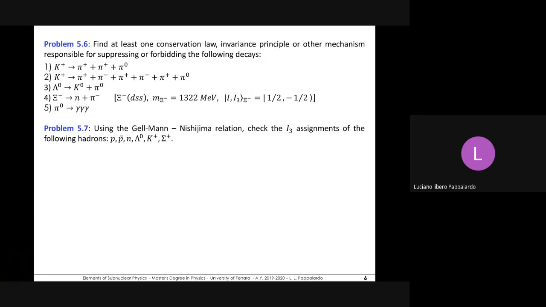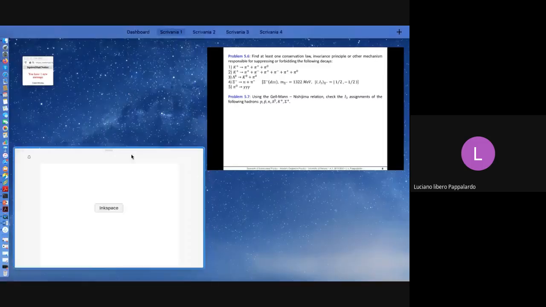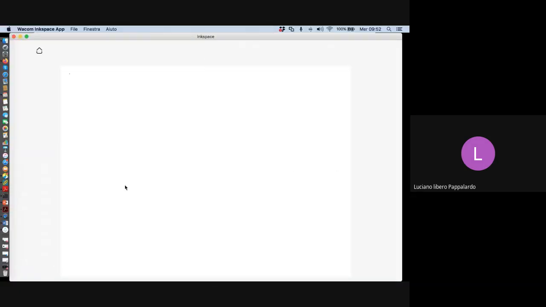So using the Gell-Mann–Nishijima relation, check that the third component of isospin assignment of the following hadrons is correct. So back to the blackboard. This is problem 5.7, page 5. Now, the Gell-Mann–Nishijima relation that I showed before relates the third component of isospin with the electric charge and the hypercharge. So for a system made by up, down, and strange quark, this is just baryonic number plus strangeness number, divided by 2. So you have to check if we obtain the correct values for the third component of isospin. So the first in the row was a